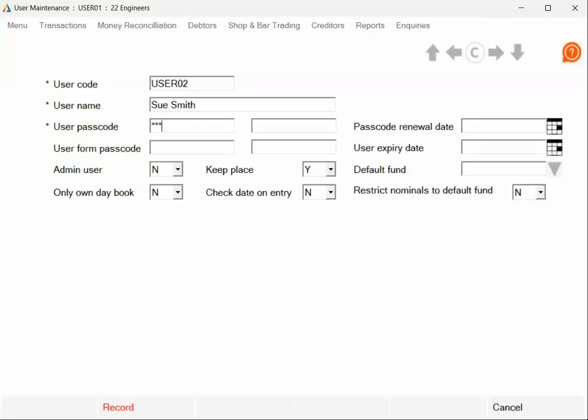and enter the passcode and repeat that for confirmation. And then fill in any other information you need. If this is an admin user, then say yes there. It gives them access to the admin side of things. If you want to give them an expiry date or a date to renew the password, you can fill those fields in here. So you just click on record